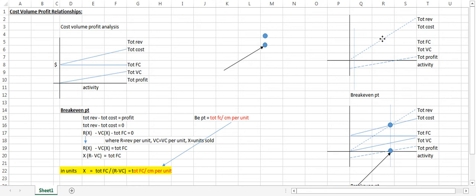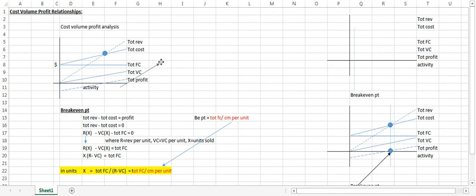if we include a total revenue line somewhere around here, we can see that at some point total revenue, the dashed line, will exceed total cost, this solid line here. And this point right here we refer to as the break-even point. This is where total cost, whatever this level of activity is, equals total revenues, and hence our break-even point. And then lastly, we can incorporate a total profit line, where this line should